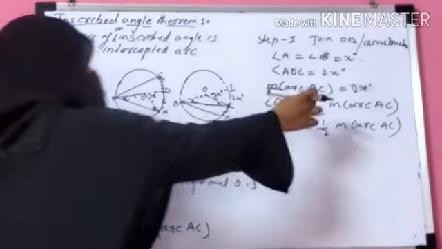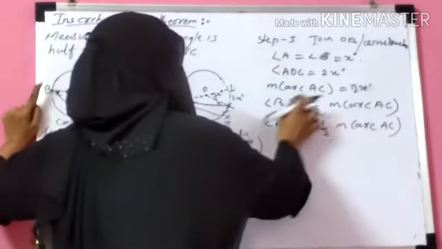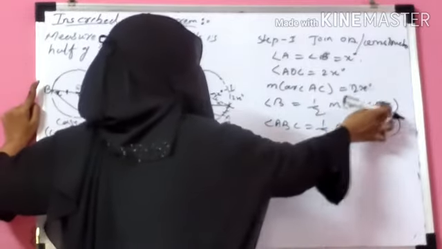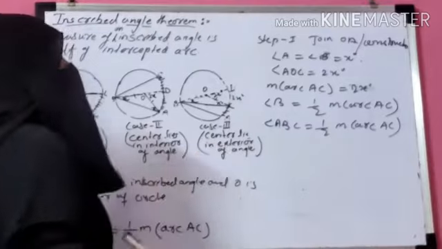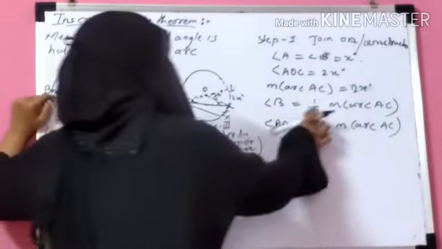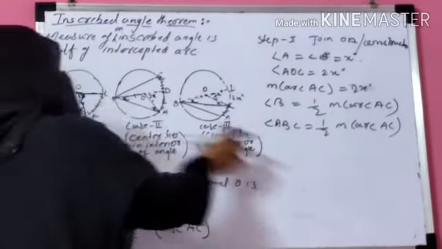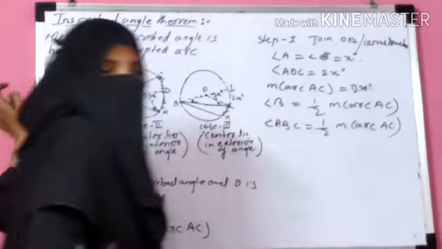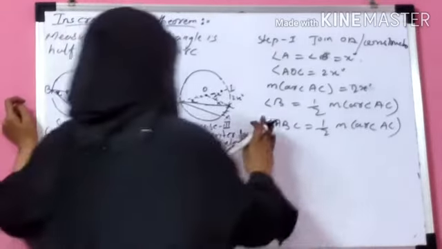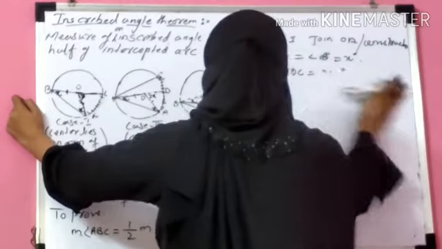Got it? So 2x degrees, then your x is half of measure of arc AC. In place of x you can write B, because A and B are equal to x degrees. So angle B is equal to half of measure of arc AC. Angle B in three letters you can write angle ABC is half of measure of arc AC. First case. Now in second case,